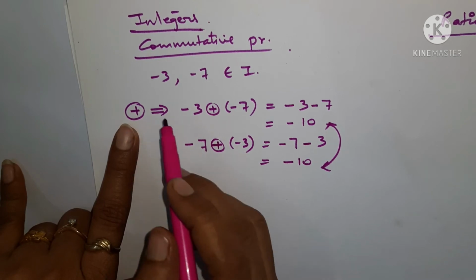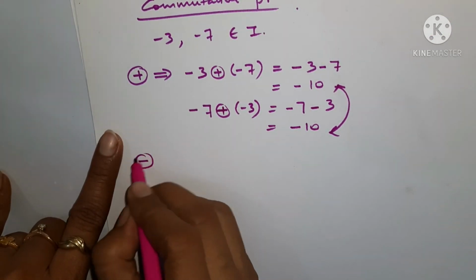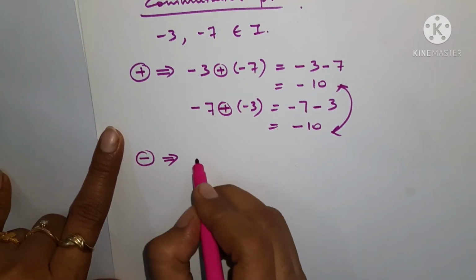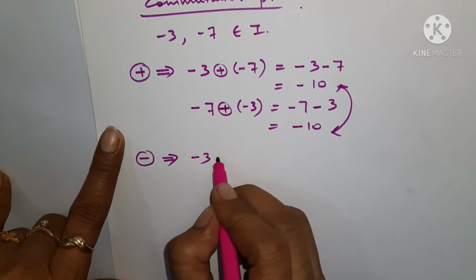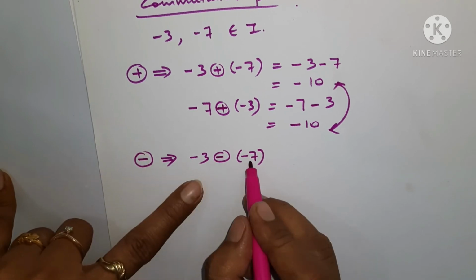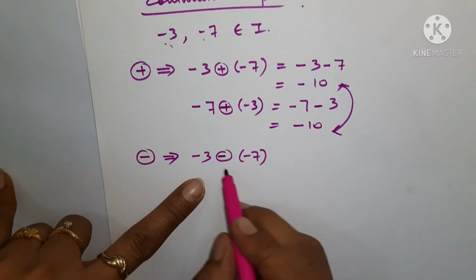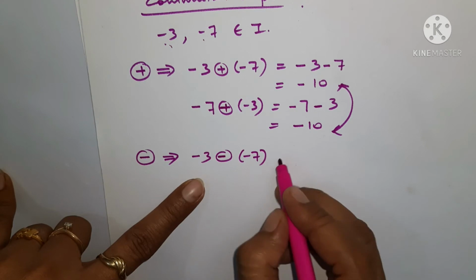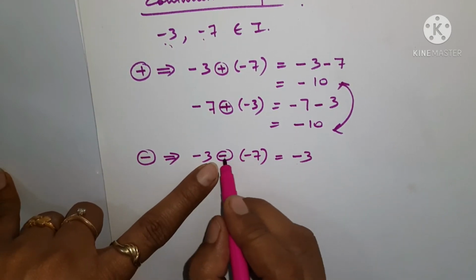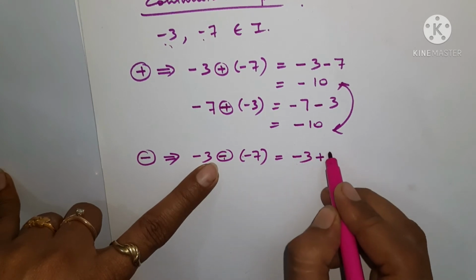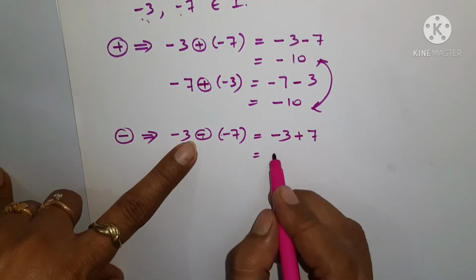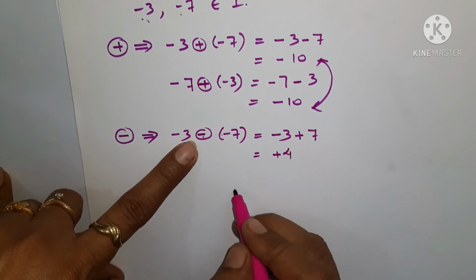addition. Understood? Now for minus, let us check for minus. If you take these two numbers only, let us take again the same numbers. Say -3 and the operation is minus here. Again -7. We have taken two numbers, both negative. Suppose we have taken minus again. Okay, let us check what result we are getting. -3 minus into minus, it is giving you plus and then 7. Now you see this is -3, this is +7. You get the result as +4.